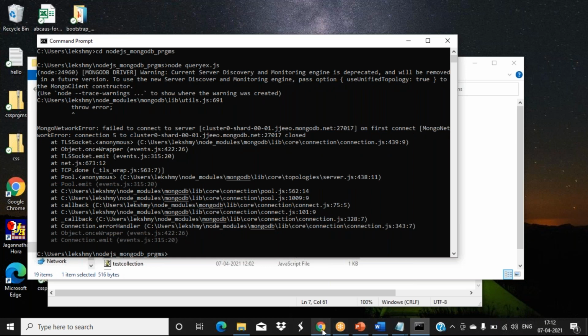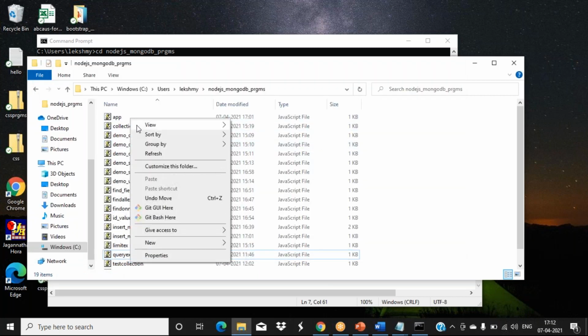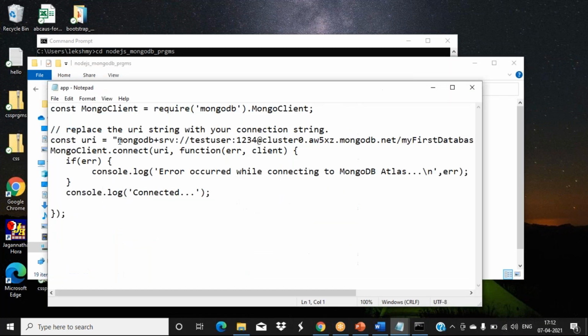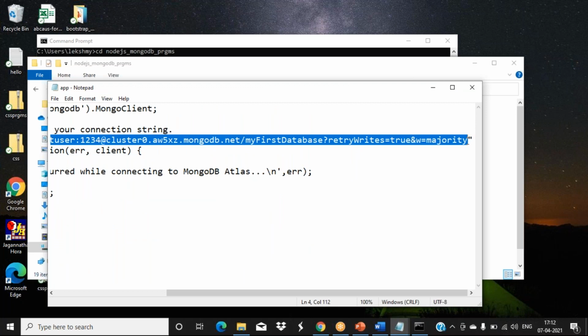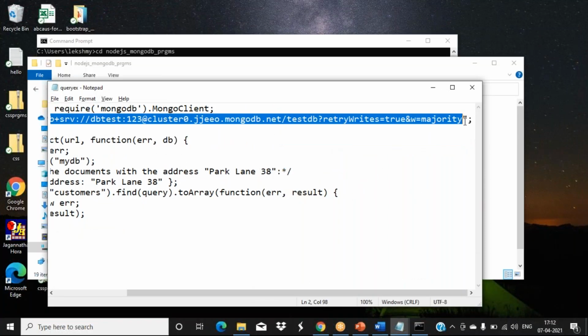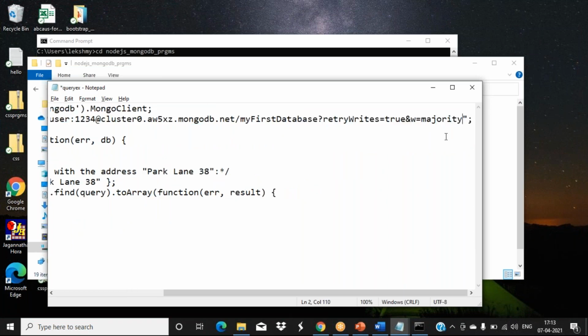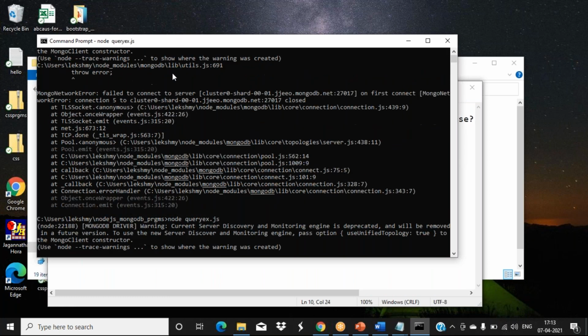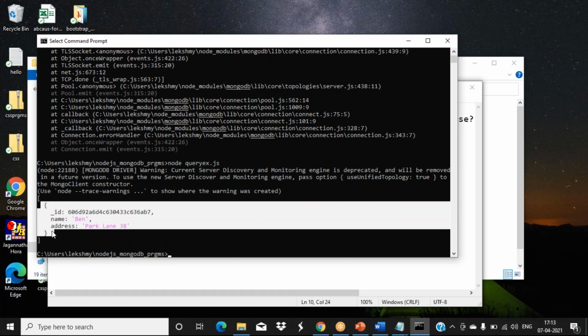That's not a different database. Only that particular data I can view.